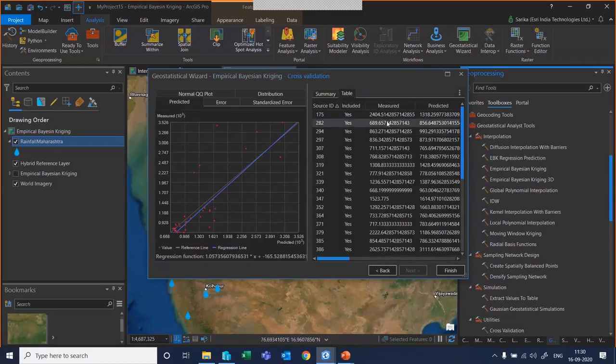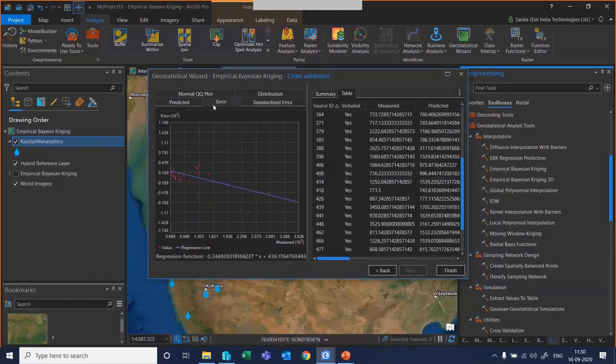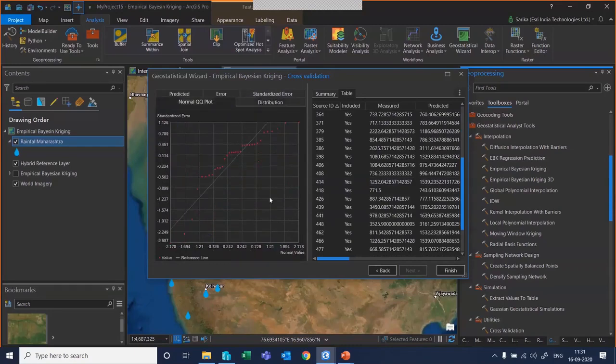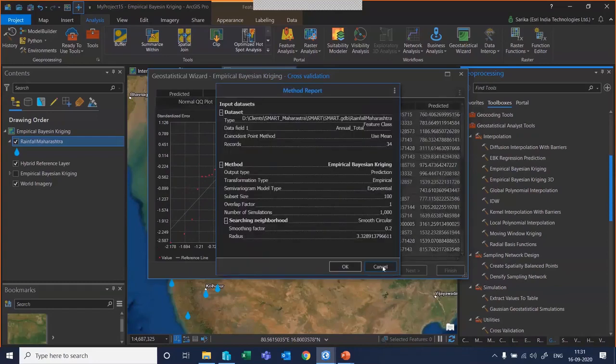So if you see how the raster is generating, it has predicted a value at a certain location, and you see the measured value is different and the predicted value is different. So it has gone through multiple simulations and everything, and after that it is giving us this output. And here we have an option for seeing different kinds of graphs, like the predicted graph, and if there are any errors, you can see those as well, standardized errors, and the distribution of your data and all these things. Once you are done with this, you can just click on finish